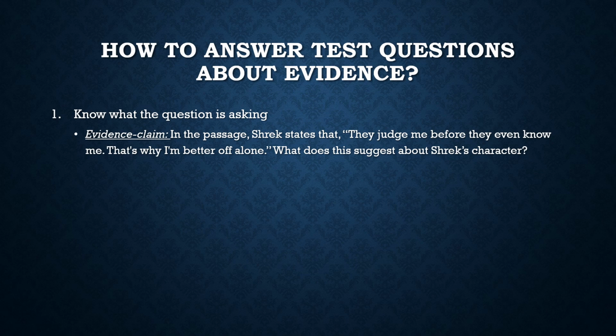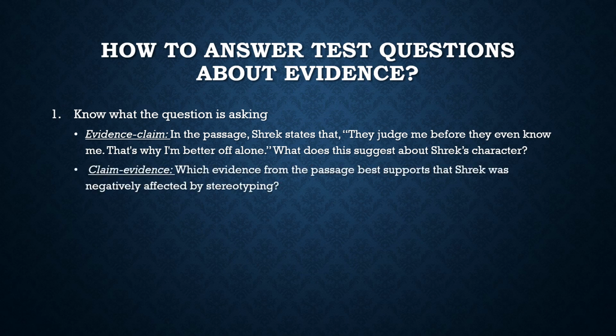But the question could also be kind of reversed. They could have where they give you the claim, and then you have to pick the best evidence. So we'll look at what that looks like. Which evidence from the passage best supports that Shrek was negatively affected by stereotyping? So here you see that they are giving you some sort of statement or claim, and you're going to actually have to pick a quote from whatever options they give you,